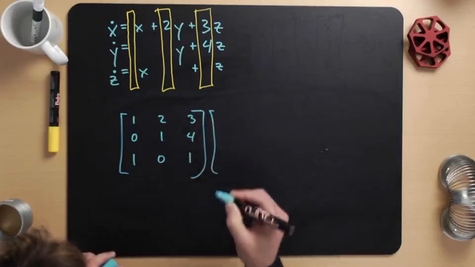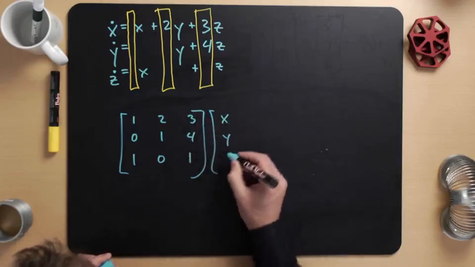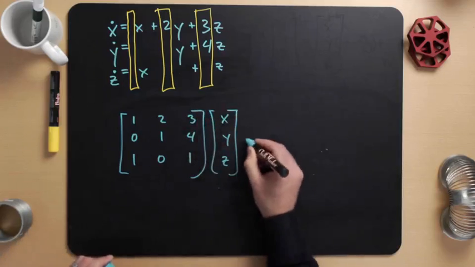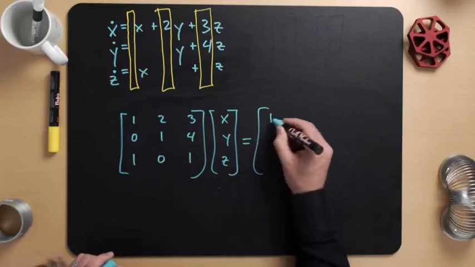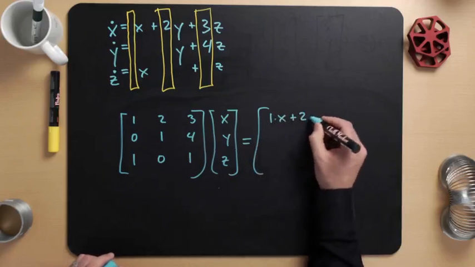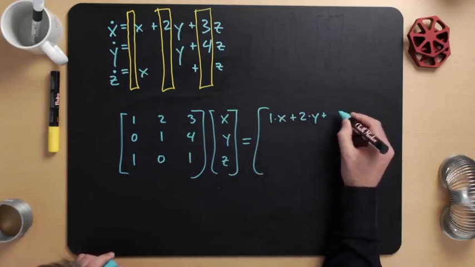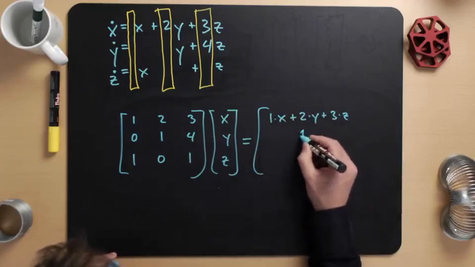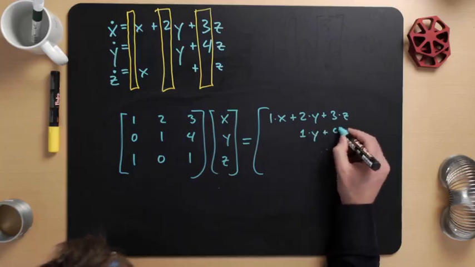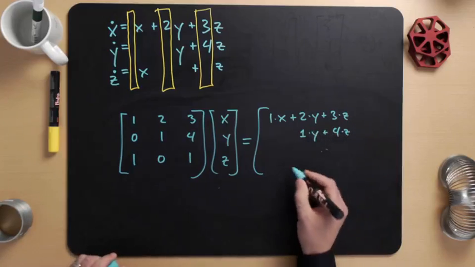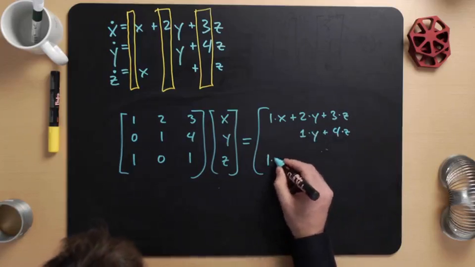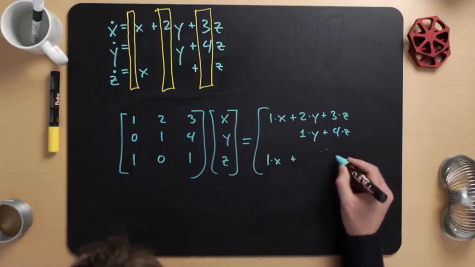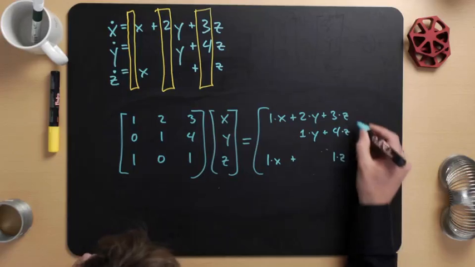And if I multiply that by the vector x, y, and z, I get 1 times x plus 2 times y plus 3 times z, and I get 1 times y plus 4 times z in the second column, and I get 1 times x plus 1 times z